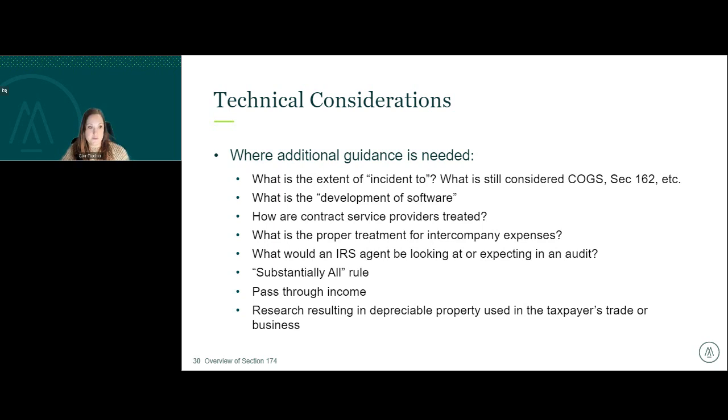Why that would be important is that under the old rules, you could convert it at the time that it becomes placed in service. So you could say it's no longer R&D, it's now a capitalized piece of equipment, and could potentially claim the bonus accelerated depreciation on it. So we're looking into that more, and if we can get to a place that will help some taxpayers or clients with at least that